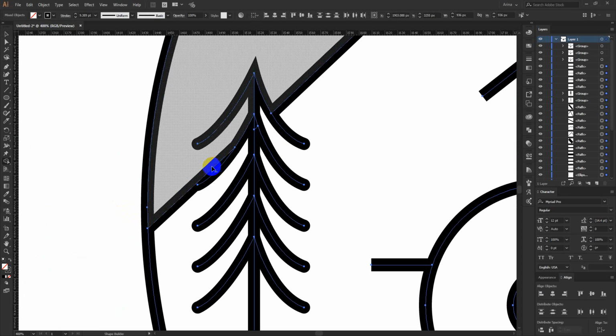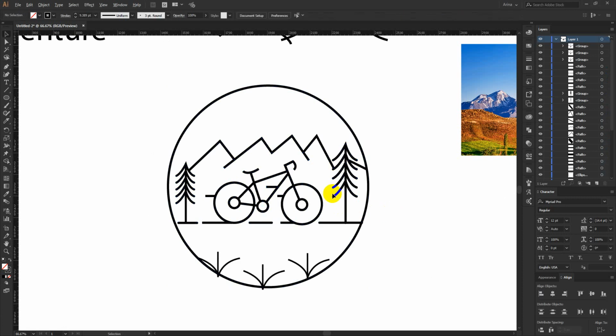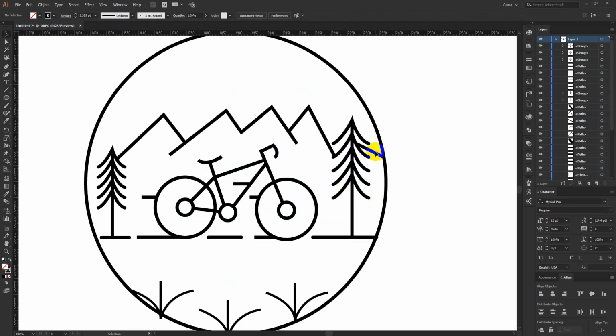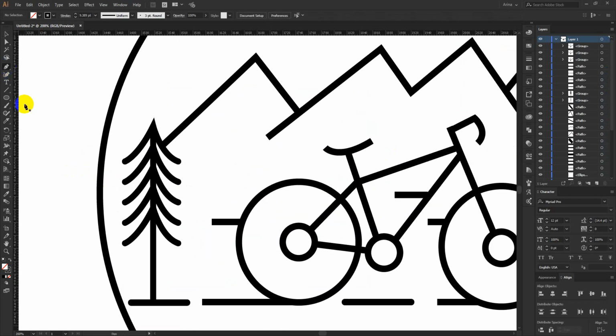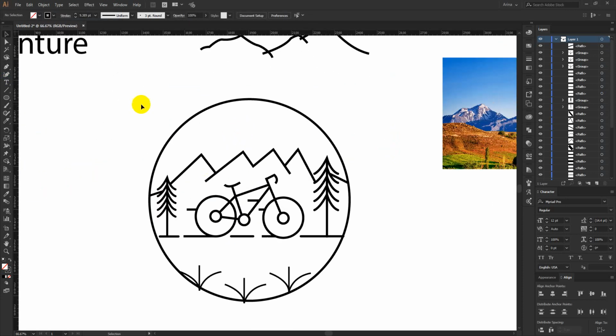Now I can just remove this part too. Now for this one here we can see a mountain edge is showing from here, so I just need to add another shape from here just to fill these areas. Okay, so this is done.